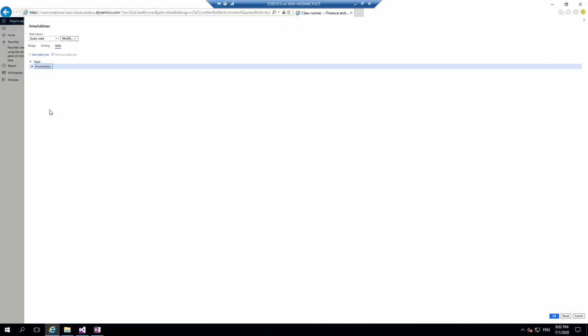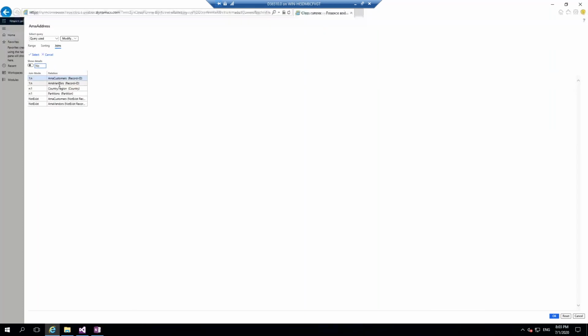This is my AMA address table. I have the add table join. What I will do is I will add a table join. You can see here, it is allowing me. And then it is asking which table you want to add, because these are the support